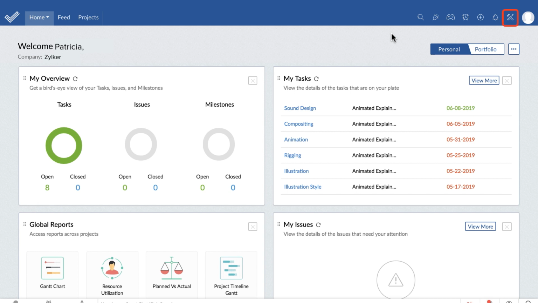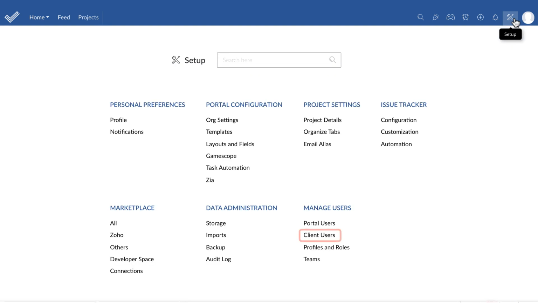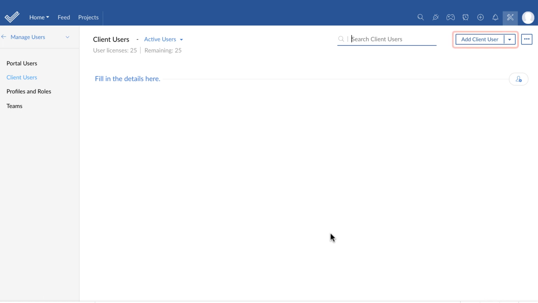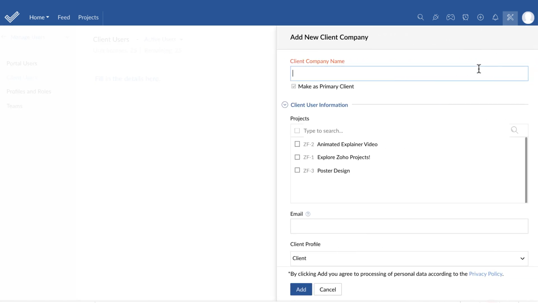Click the setup icon on the top right corner of the page. Under Manage Users, click Client Users. Click the drop-down arrow next to Add Client User on the top right corner and select Add Client Company. Enter the company name. If you wish to invoice your clients for the projects you created for them, then you have to mark the box Make as Primary Client.